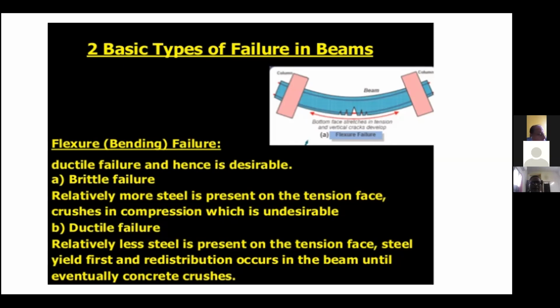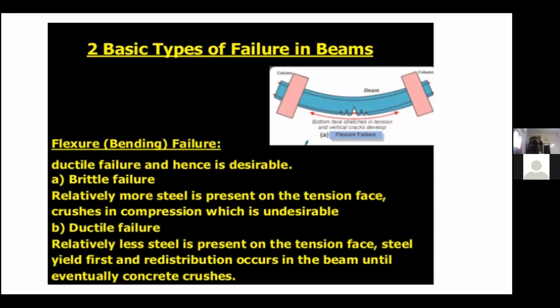We used to tell the balanced failure, that we can call it a balanced section, and then the failure of an under reinforced section and the failure of an over reinforced section. Suppose a balanced section, if you are considering it, we are using 2 materials. One is concrete, another one is steel. Both will reach simultaneously the maximum stress at the same time. So that is going to be called your requirement. So that section is going to be called a balanced section, but that is not practically feasible or possible.